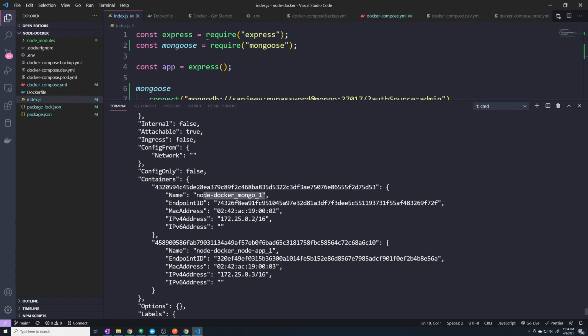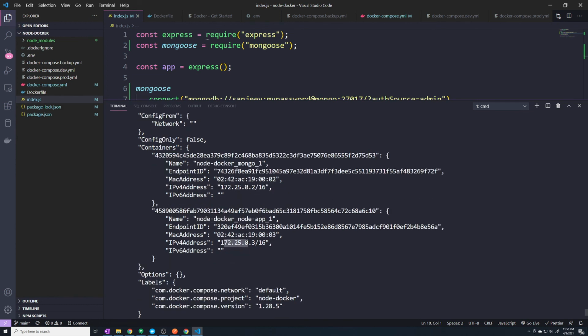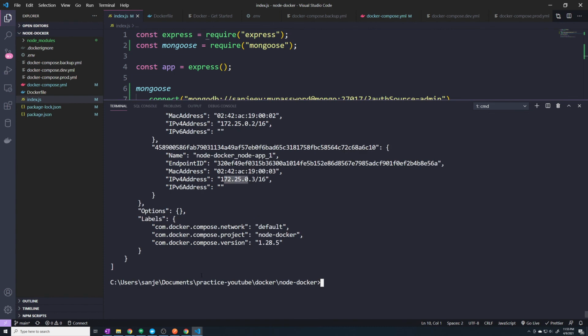So we've got our Mongo container, and we can see the IP address as well as the MAC address of this container. And then we can also see the container for our Node application. And so this has also got an IP address and a MAC address. And I believe, and don't quote me on this, but it looks like, yeah, actually that's all I wanted to show you guys from here. So I think that's going to wrap up this